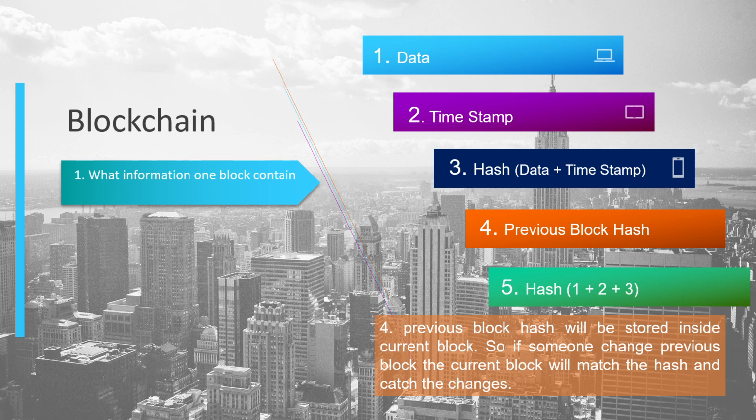Now this block contains information from all four points, which came together and created the hash. Now this hash is going to be passed to the next block, and that will be stored in the fourth position. Now what is the importance of that? Now you have two blocks. Now if anything changes in the second block, maybe think that an attacker is targeting your second block.